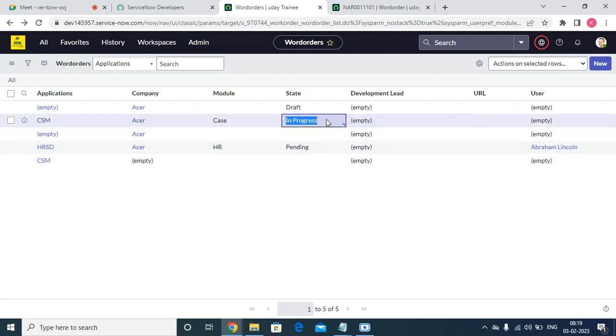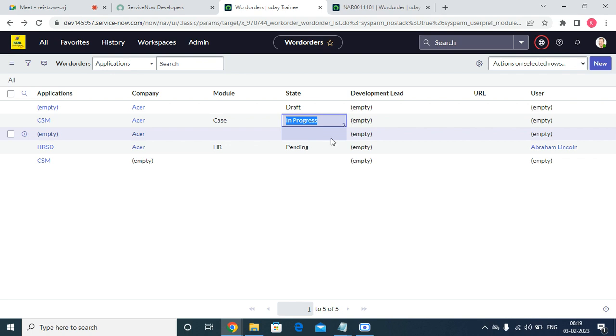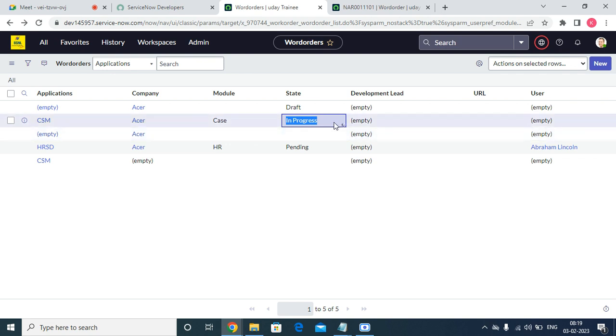That means this UI policy will work at the form level, not at the database level. Sorry, a UI policy will always work at the form level. It does not work at the list level. This is the list level. For example, if I change this one to my development lead,